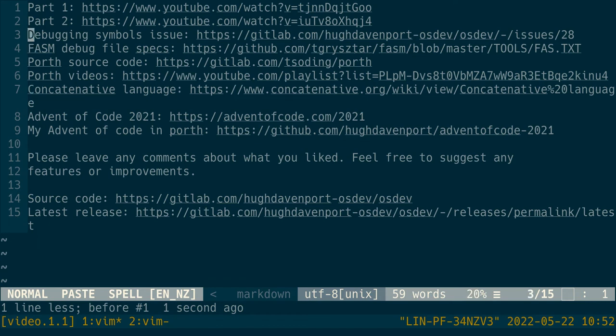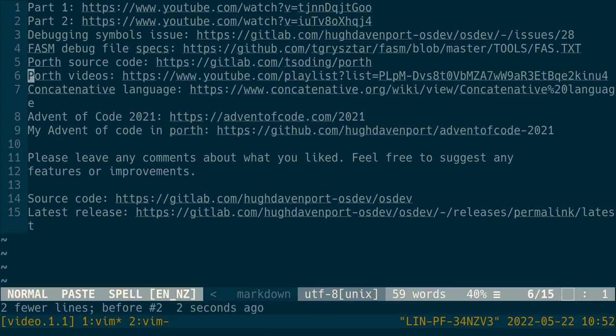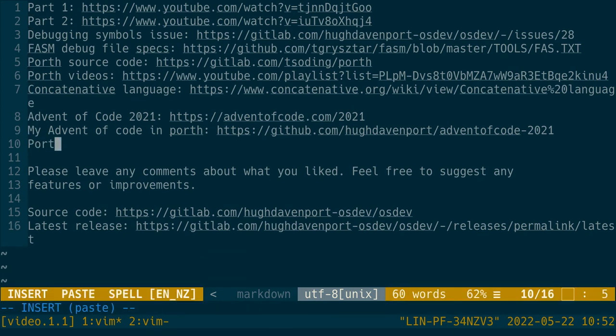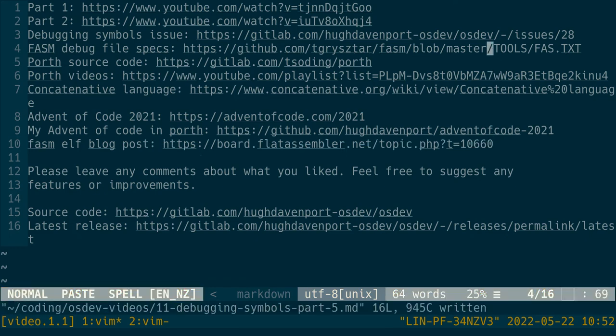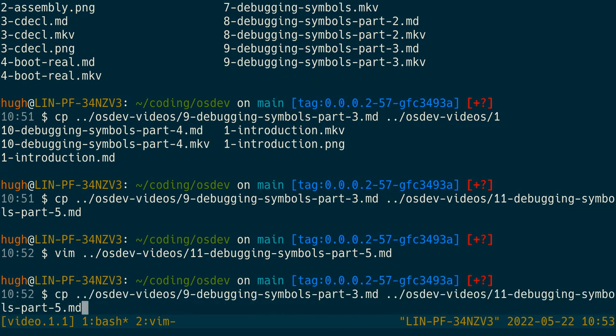Yes, that's all that stuff. Maybe down here, fasm elf blog post, and we'll just pop that in there, and I'll add the later parts in because now we've done, well, part 3 and part 4. So yeah. Anyway, that was a bit of a